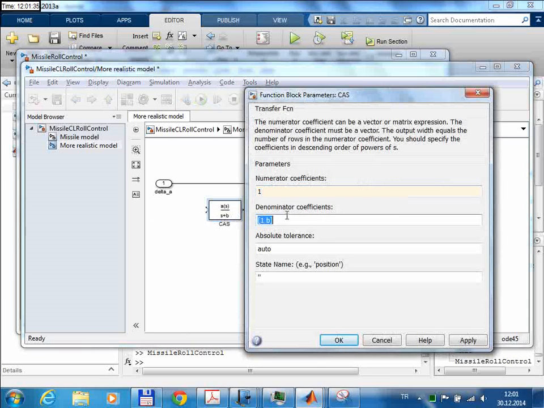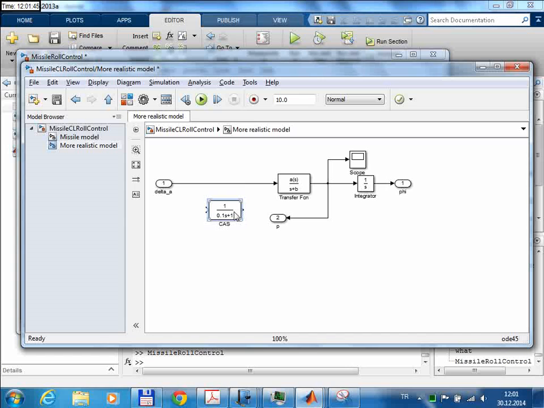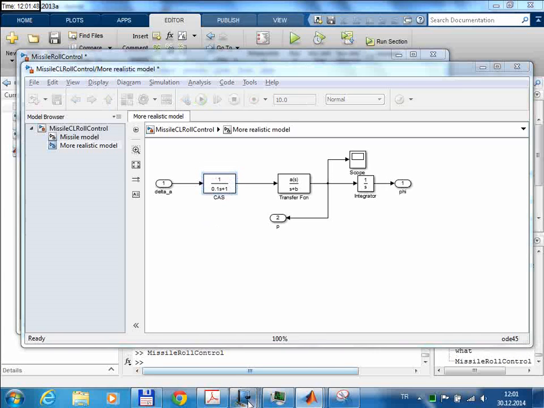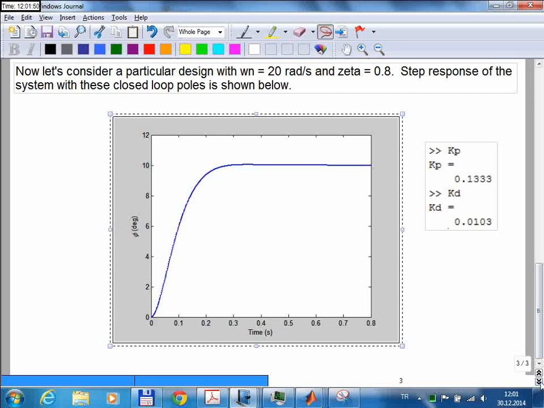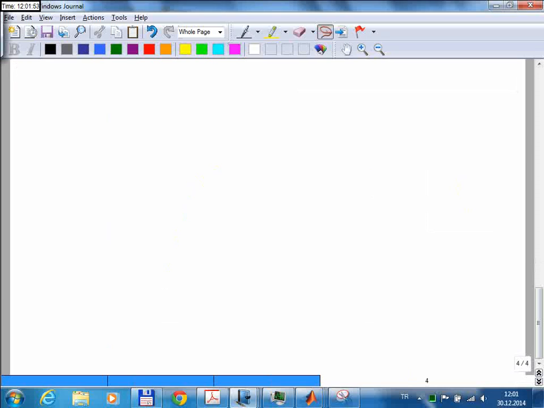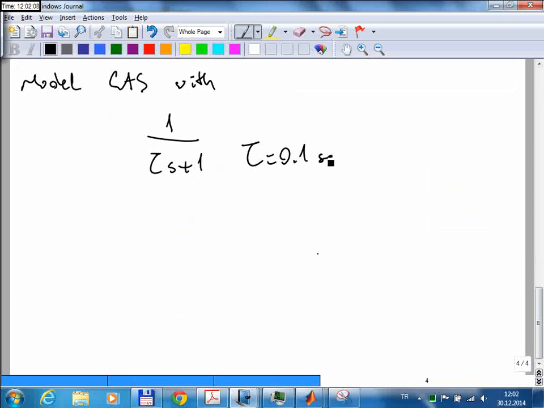So in the simplest case, we can model this as a first order system. So let me model it as a first order system with a time constant of 0.1 seconds. Okay, so what does that mean? Model the control actuation system with a transfer function like that, 1 over tau s plus 1, with tau equal to 0.1 seconds. That means the following: if I give